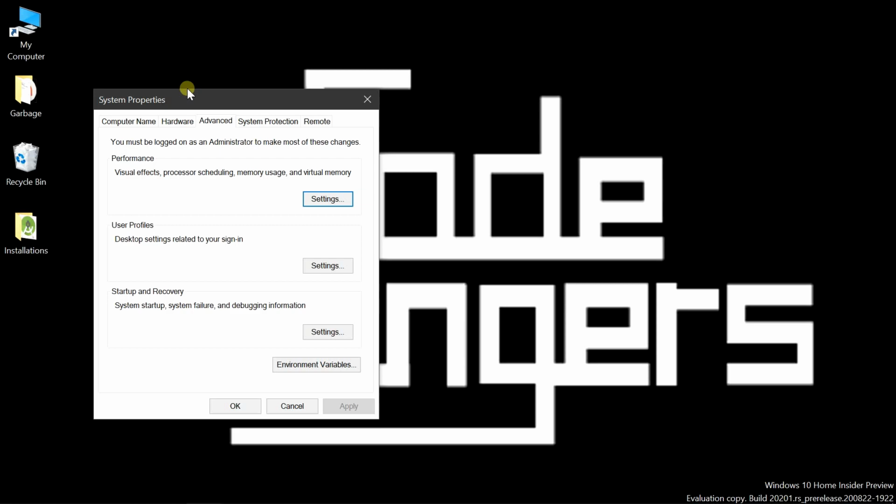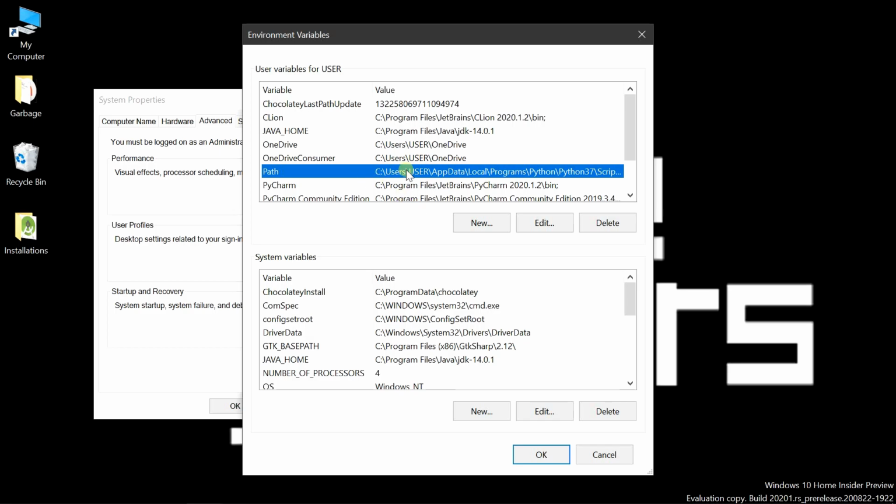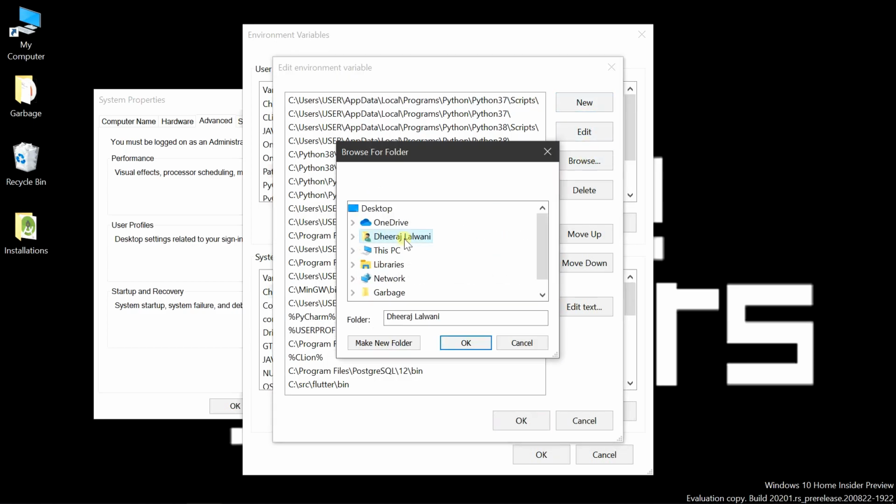Set the environment variable. Click on Path in the user section. Click on view, go to browse, and find the Flutter SDK's bin folder.